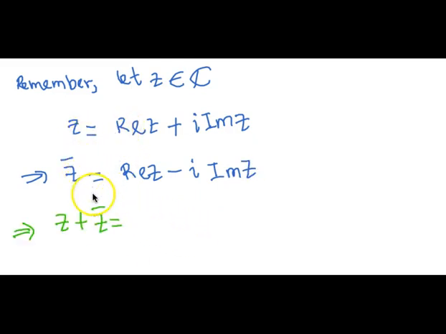So if we add both the number and its conjugate, what you will notice is that, by definition, the imaginary parts get cancelled. So we end up with something that looks like 2 times the real part of the complex number,